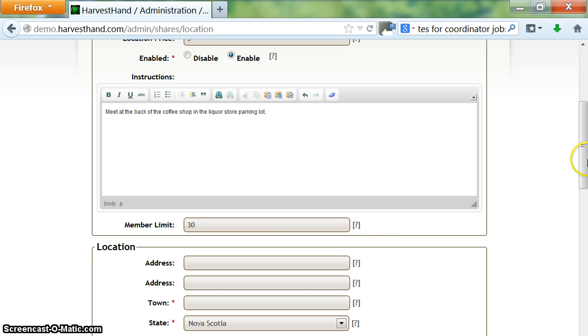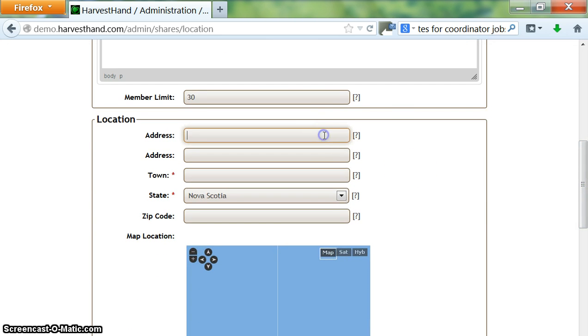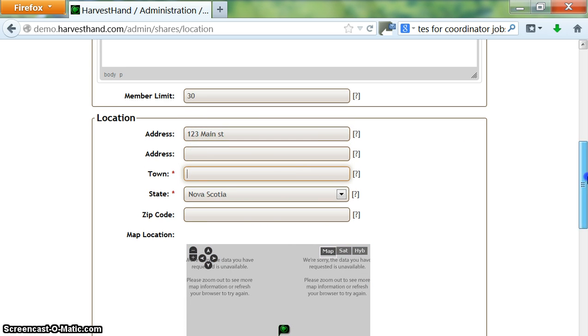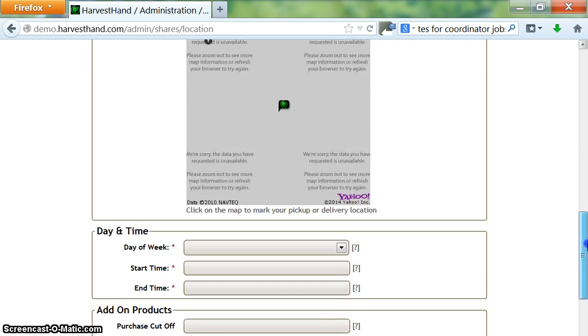That's the limit of members you deliver to there, and that the address is 123 Main Street, and that it's Wolfville, Nova Scotia, and postal code is B4P 2J9,